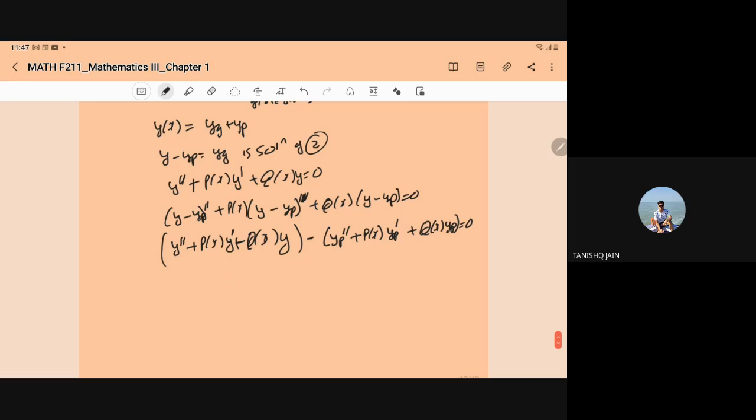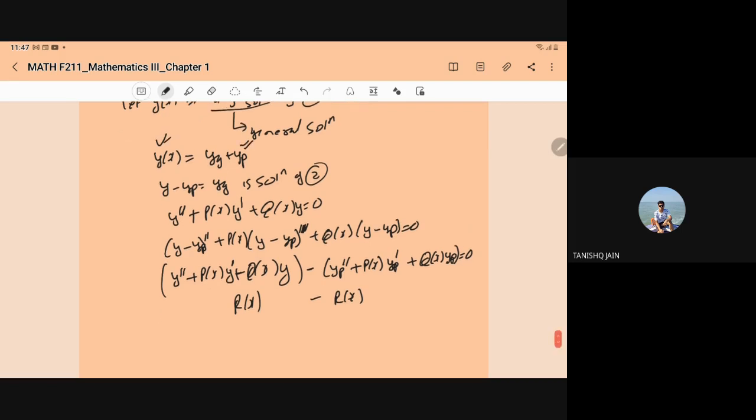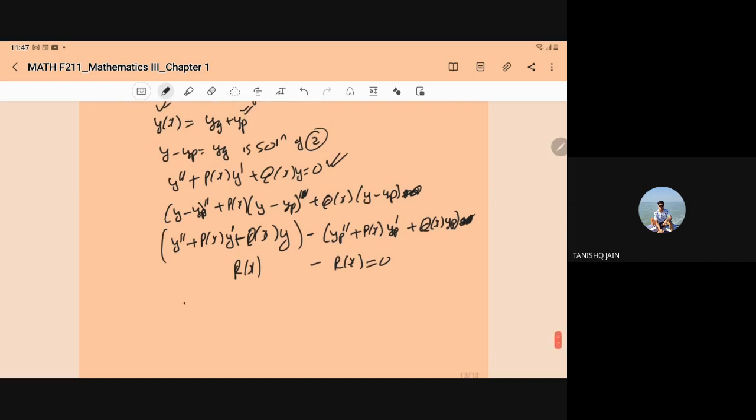So, and what is this? The first one is equal to r(x), and this is also r(x), because yp is the solution of the first equation, and y is also the solution of the first one, right? So this will become r(x) minus r(x), so that will give you 0. So you have proved that it is the general solution. So y minus yp is a general solution